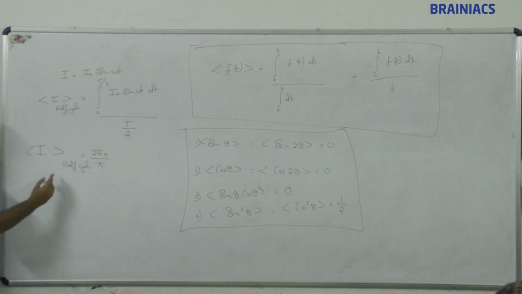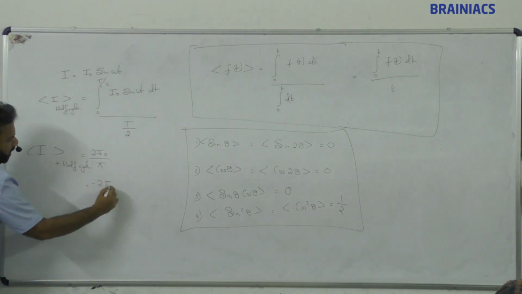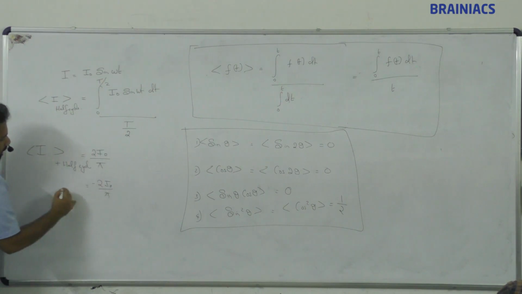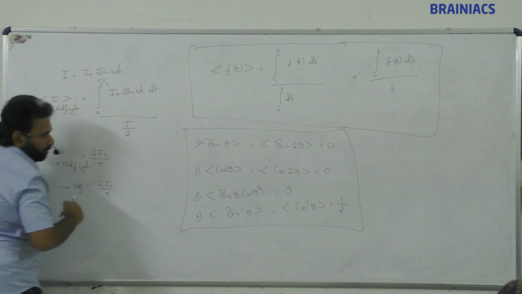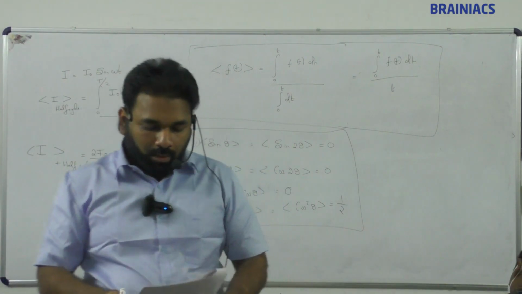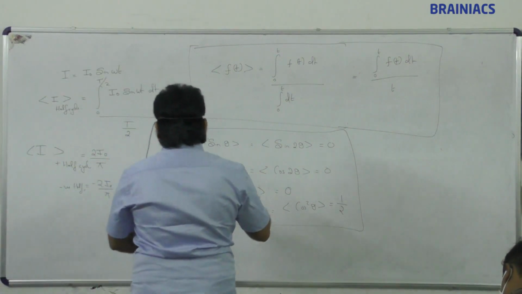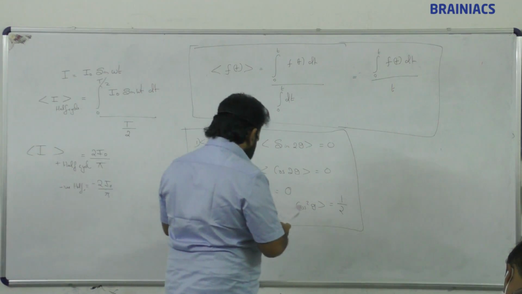So for positive half cycle, we can say it is 2 I naught by pi. This is going to be minus 2 I naught by pi if it is negative half cycle. Okay. One more variant I shall tell you. One more variant of this half cycle is nothing but